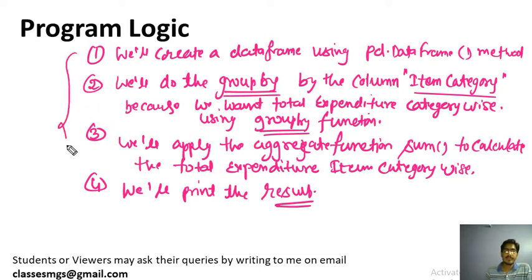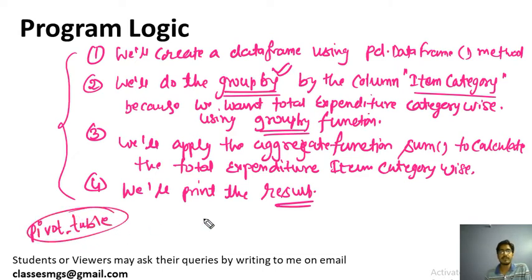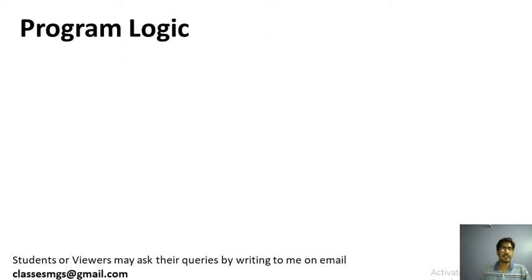Okay, this problem specifically asks that it should be solved using group by. Otherwise you can use the concept pivot_table to solve this problem. I will show you whenever I write the code. You can use the pivot table method to solve the same problem. It will be a very long video, otherwise I would have told this also. I will write the code in Spyder editor, so that if you know the pivoting concept you can easily get this. Now we will write the Python code.